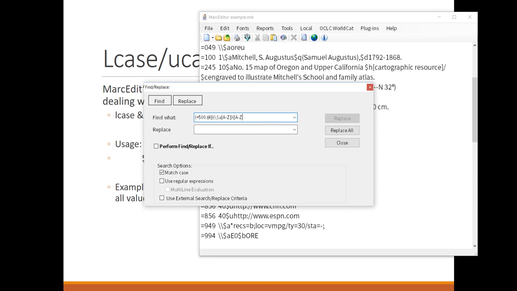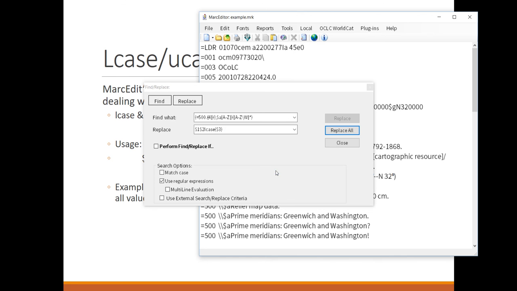So we're going to use something like, because we want to be able to pick up any field that has spaces in it and so on. Probably something that looks like \W, which should get us any non-word characters too. So anything that's uppercase and then a non-word character should match that value, and we're going to find out here in a second. So when I replace it, I'm going to put my $1, which will put the 500 field back, my $2, which will add the subfield A and the first character that we want to keep uppercase, and then we use L case and $3, which will tell the application that it wants to turn everything after that lowercase. Check regular expressions, and we run the replacement, and we get 14 changes, which sounds like a lot and is a little bit crazy,